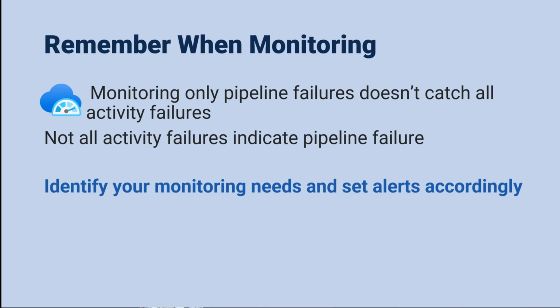So why does this matter? Well, it's a big deal when you're monitoring things. Understand what this means. If you've used a try-catch pattern and you want to know anytime something fails, you can't just monitor your pipeline status. You need to look at the activity status as well. If you don't want to know if an activity failed and retried and was successful the second time, then don't create an alert to bother you anytime there is an activity failure.